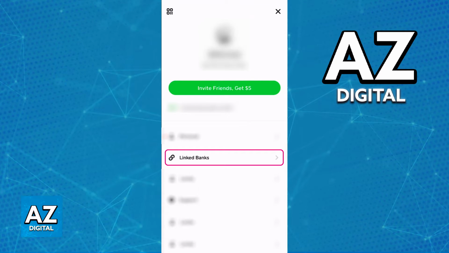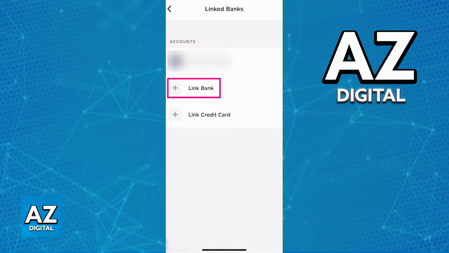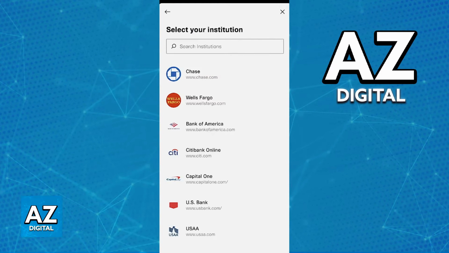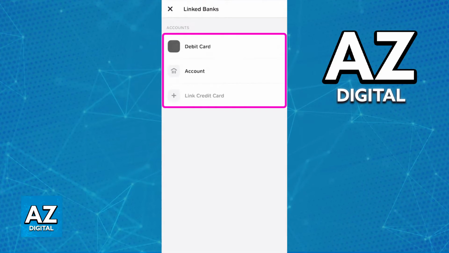So, if you don't see your bank linked in there, you will be able to choose the option to link a bank. You might also have to link a debit card to proceed, but for the most part, you can tap on Link Bank and you will be able to see a list of all the banks that can be linked to Cash App. Just tap on any of them, and if you don't see your specific bank, you will also get the option to include the details about a debit card to link it to Cash App. So once you choose your bank and you sign in using your credentials, or you use your debit card information to get it linked, it is going to appear right underneath the linked bank section.